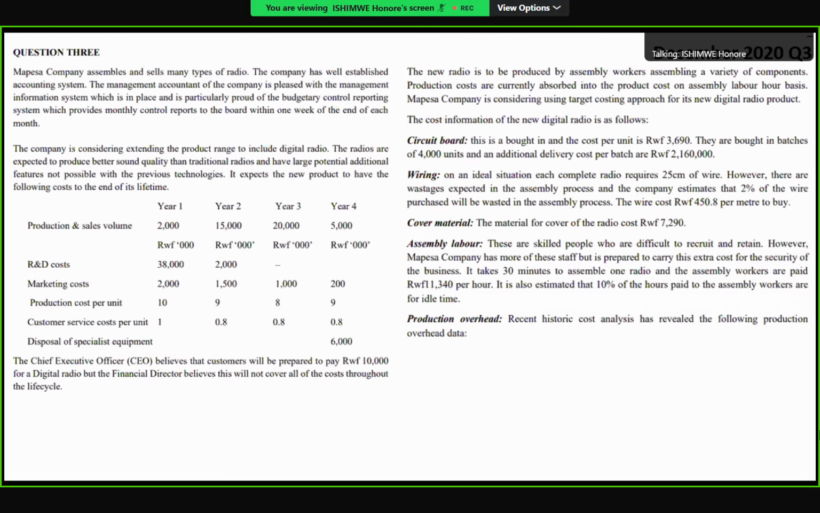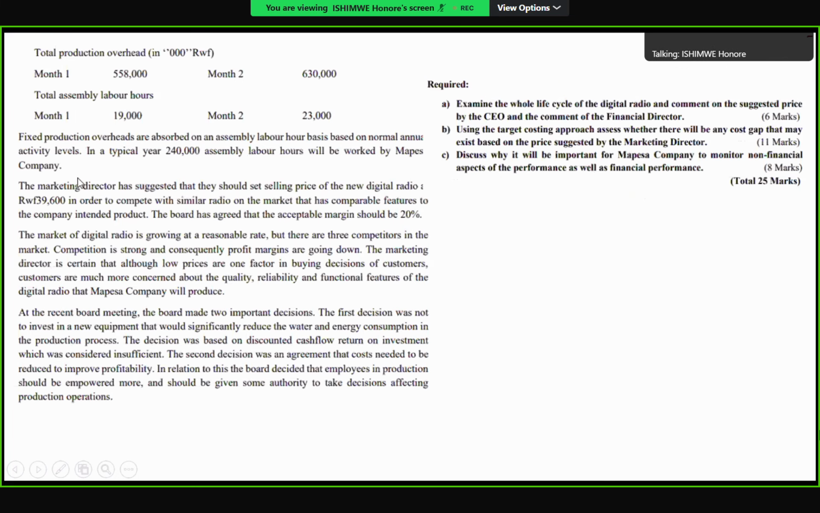Now, let's look at question 3, December 2020, question 3. The whole of it was asking on life cycle and target costing. Okay, that's what we're going to work on. You see here, we have it here now. Let's go to the requirement first. The requirement is asking us,